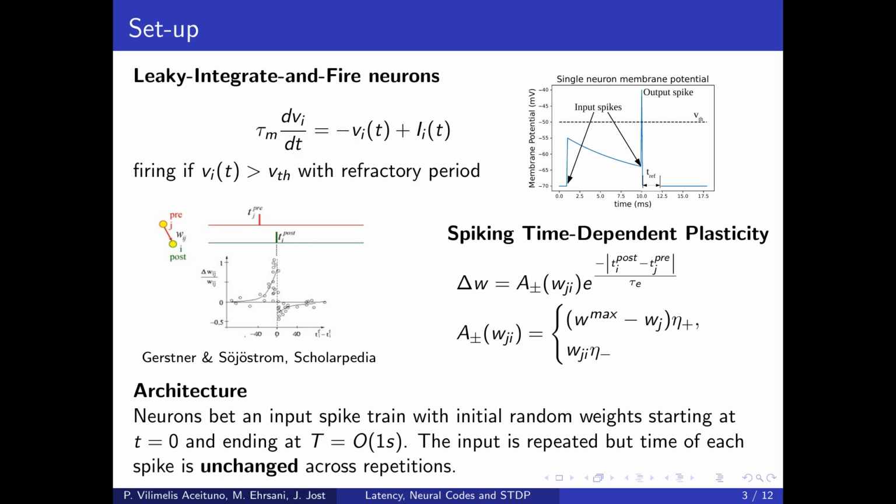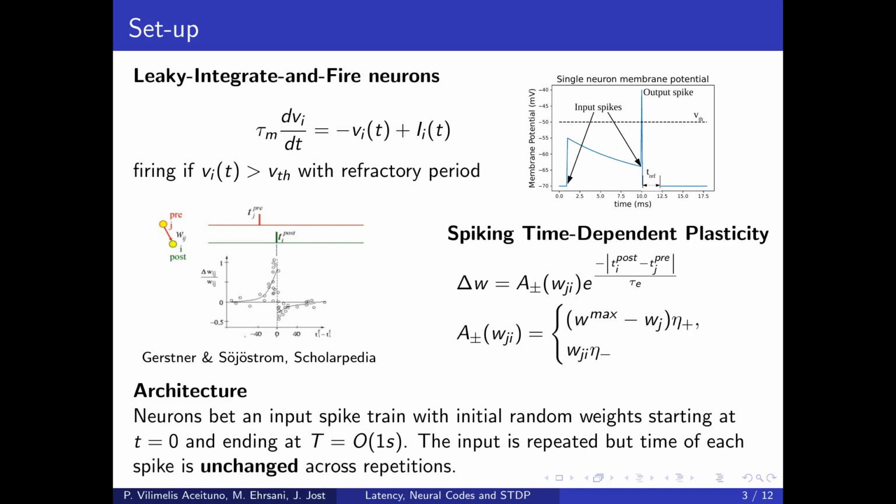Okay, before I jump into the actual results, just a quick word about the models. For simulations and for most of the theory, I use these very simple models, so the leaky integrate-and-fire neuron. Nothing particularly weird about it, I guess you're all familiar with it. Spike-timing-dependent plasticity has been experimentally observed. It's one of the best known models of how neurons change their connections. And the architecture that I'll be using is